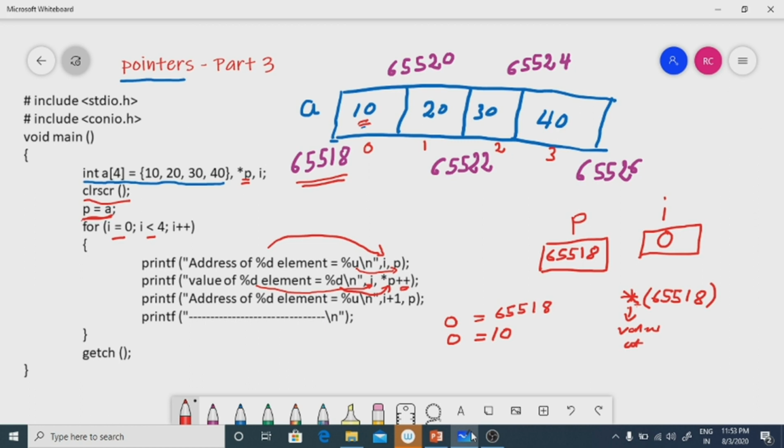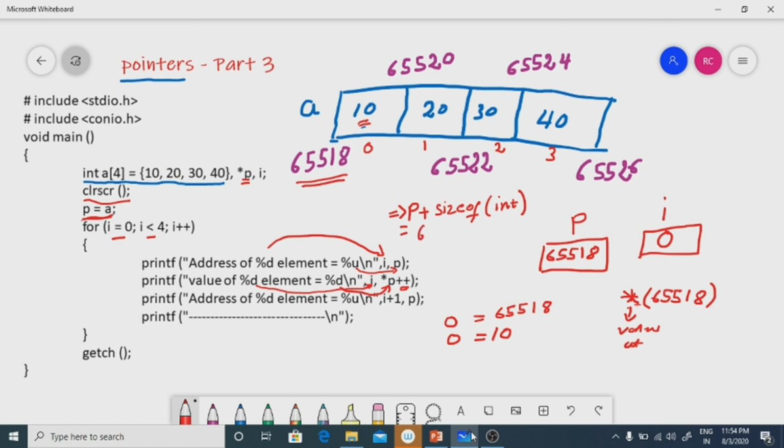Observe here. p++ will be incremented like this: p plus size of int. This is how the increment will happen here.